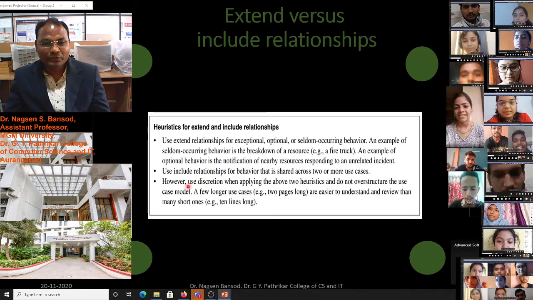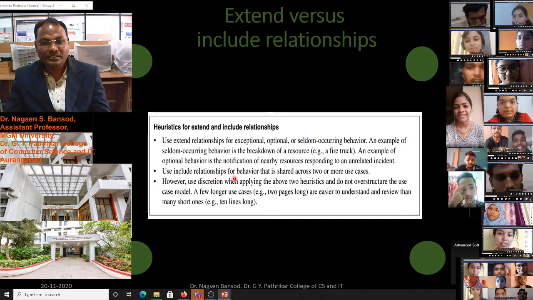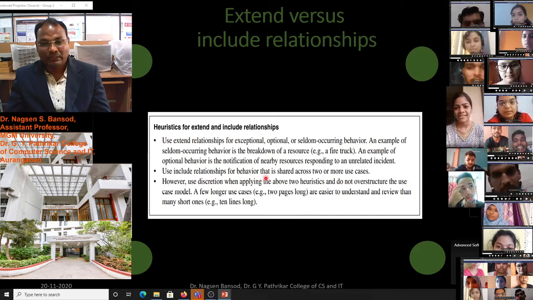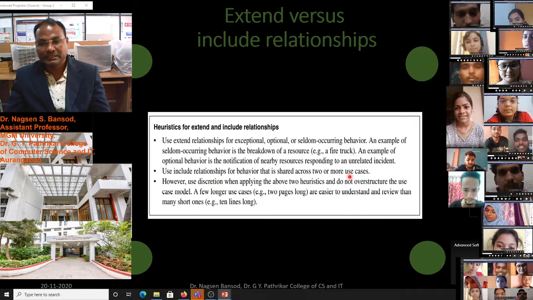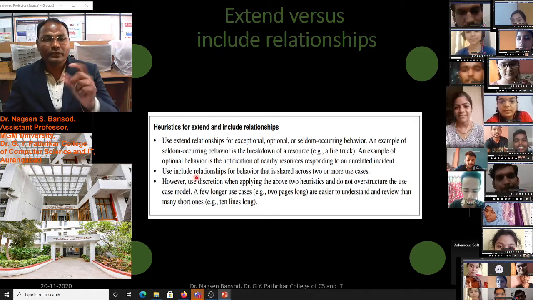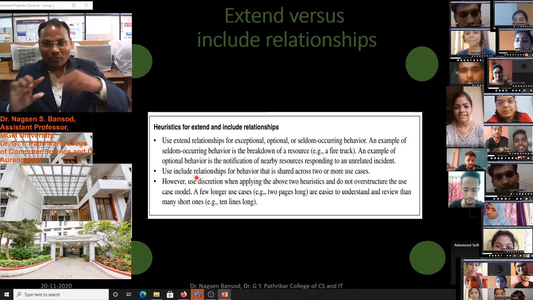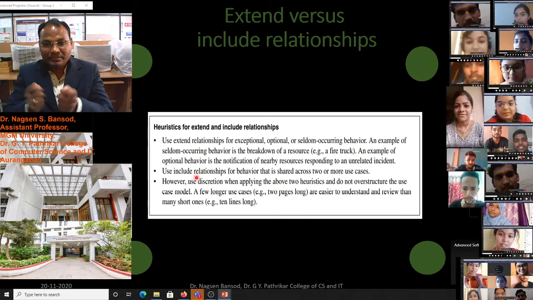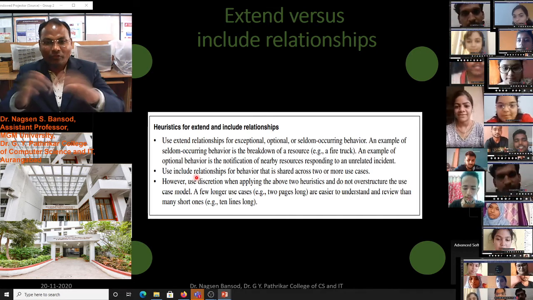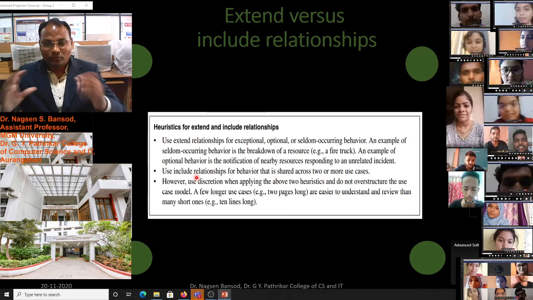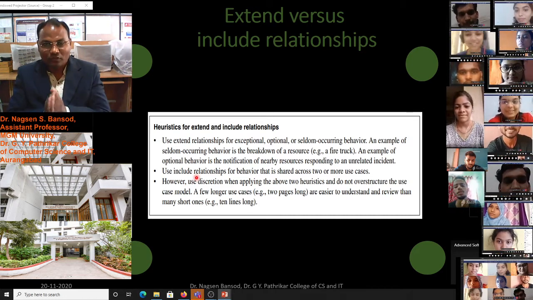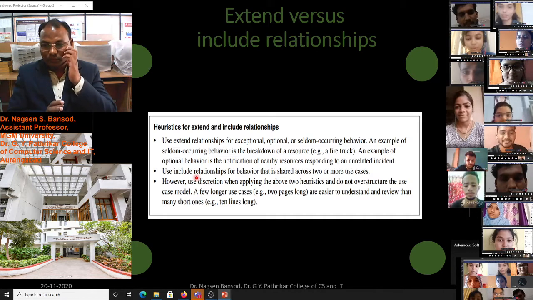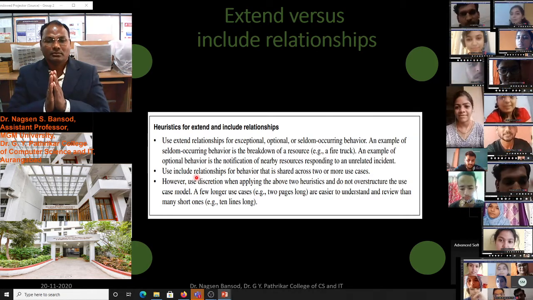In include use case, there is a relationship for behavior that is shared across two or more use cases. This include use case is shared with one or two use cases. This is the included behavior of the system, behavior of the software, behavior of the object. Suppose we have a camera.